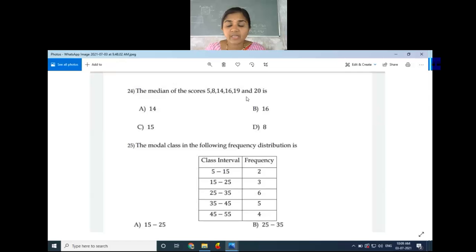What is the formula to find the median when the data has an even number of values? Let us recall that also, because we may get a question on the basis of the formula in the median section. We have two cases for finding the median: one is the odd number case and the other is the even number case. Which formula do we use for the odd case, and which for the even case?